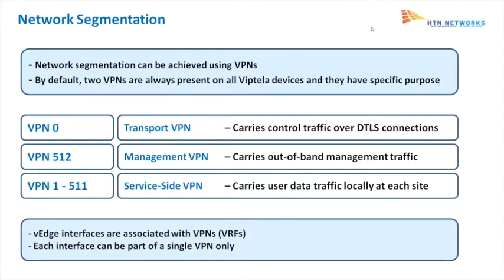Okay. All right. And these are always on the service side, the 1 to 511. And then you don't need to define, this may be a silly question, but Faisal, I want to ask it. You don't need to define a VPN for the transport, the data side, the side going through, connecting to other